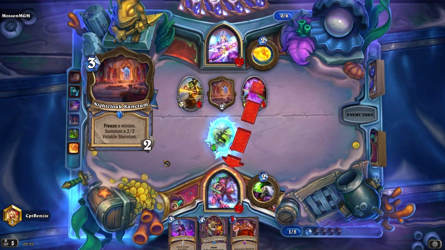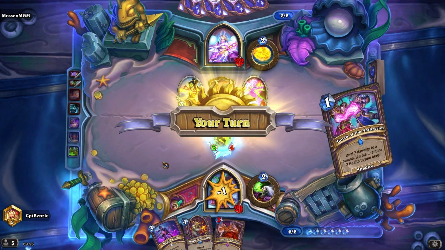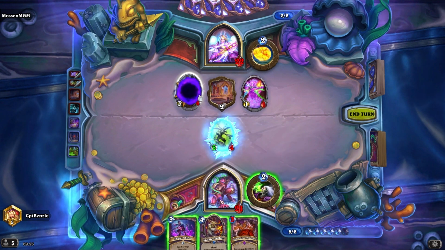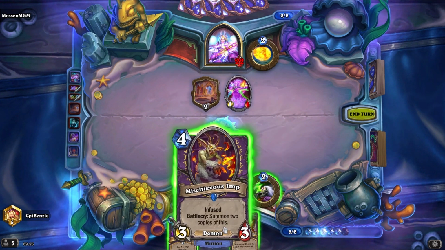And the Nightcloak Sanctum... Oh, I hate this thing. Freeze a minion and gain a 2/2 volatile skeleton that explodes for 2 damage when it dies. Okay, nothing I can do about it now though, but let's kill these guys off, get a bit of health back with Touch of the Nathrezim. I could draw a card,